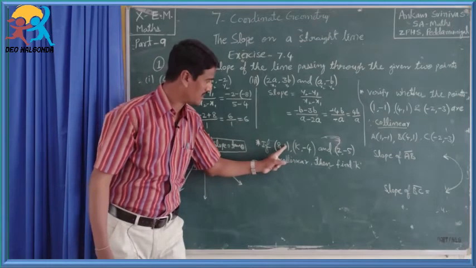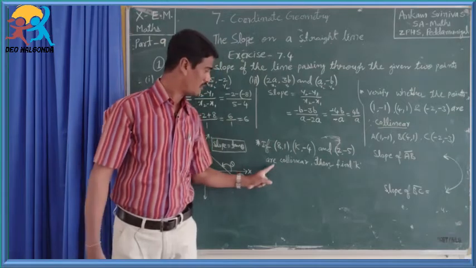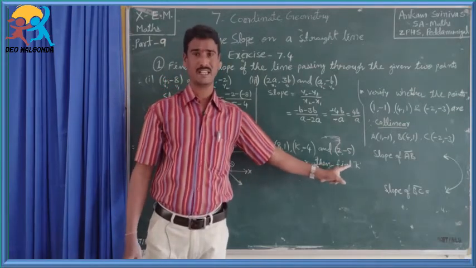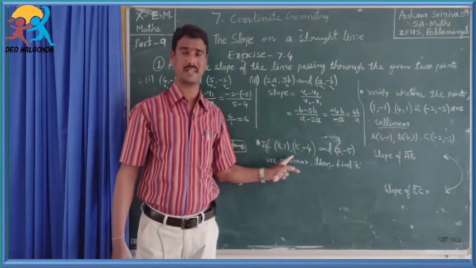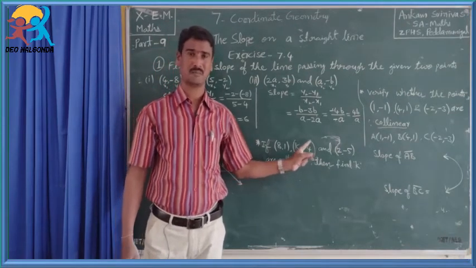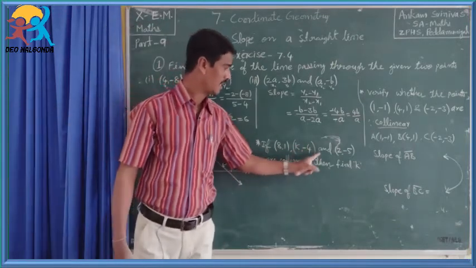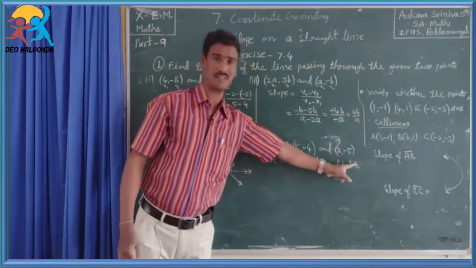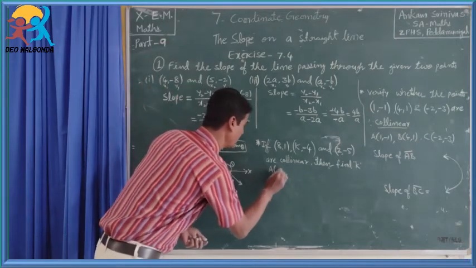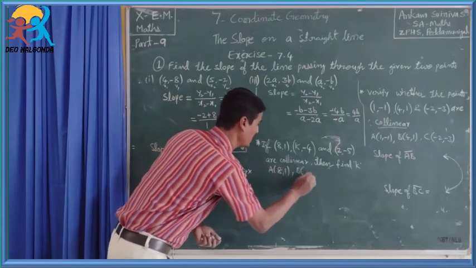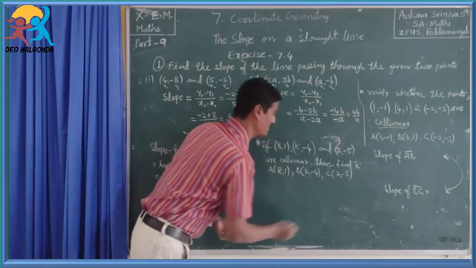If (8, 1), (k, minus 4) and (2, minus 5) are collinear, then find k. This type of question you may sometimes get as a half-mark question, part B, and in competition exams, Polytechnic, TSR, WRS, in residential school exams. Then how to get the k value? Let us suppose this is A (8, 1), B (k, minus 4) and C (2, minus 5).